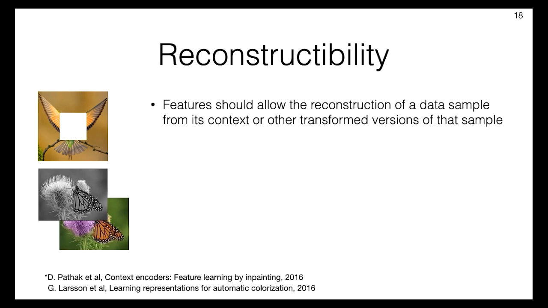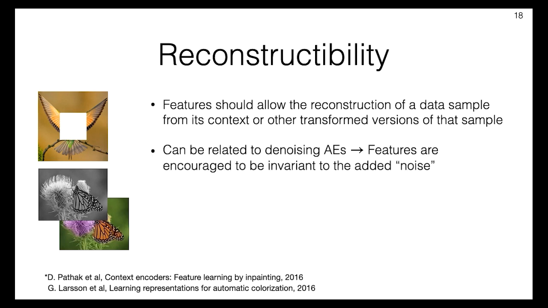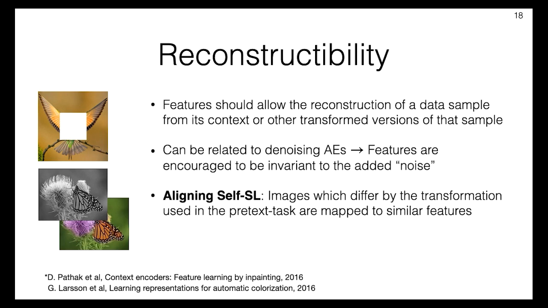In terms of attributes, one could argue that the reconstruction of the missing part or colors requires discriminating statistics of many pixels, as the tasks cannot be solved by using local observations such as patches. In terms of the way they act in the feature space, we could consider them as aligning self-supervised learning methods because they map images which are invariant under the transformation to similar features. For example, images that yield the same grayscale intensities.